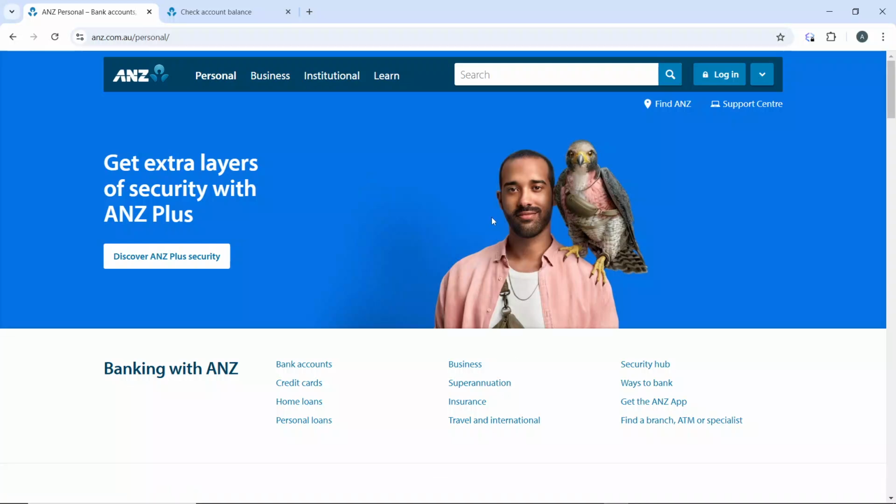Hello, in this tutorial I'll show you how to check account balance on ANZ. Here's a step-by-step guide on how to check your account balance on ANZ Bank. The first thing to do is to go to the official ANZ Bank website by entering